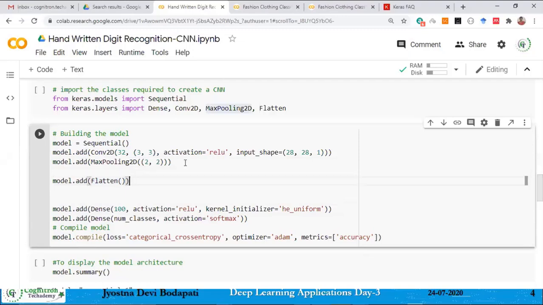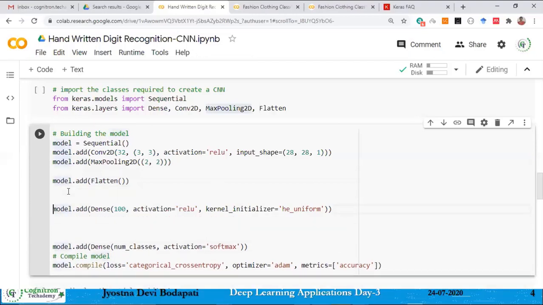Whatever is there, the output of this layer will be flattened, and that will be passed to the next layer. What is the next layer that you want to create? Actually I want one dense layer, and after that I want the output layer. How do we add the dense layer? Already we have seen how to add the dense layer yesterday.